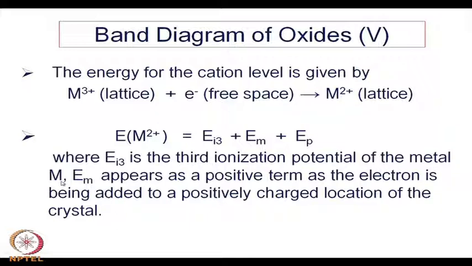In case of negative ions, it is primarily the electron affinity, and for positive ions it is the ionization potential; it is the same thing. So, EM appears as a positive term here, as the electron is being added to a positively charged location of the crystal. So, this EM, which was earlier a negative term, is now a positive term. These two remain as positive terms. So, ultimately the total summation is I3, the third ionization potential energy of M3 plus, and then EM,